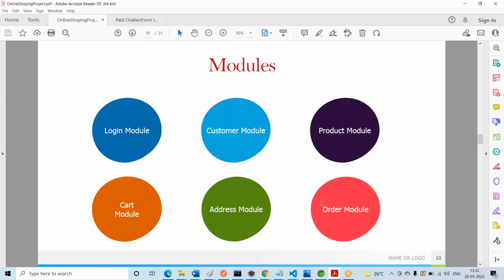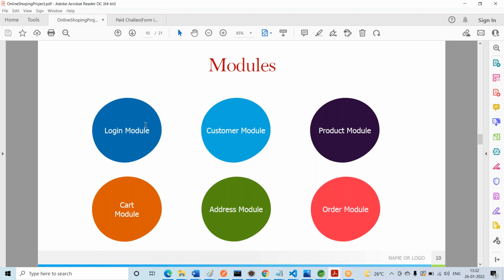It is the same flow. Once we understand the login module completely, the remaining things are similar. We are going to follow the same structure, and we will only concentrate on the business logic. The rest is the same flow: the controller layer, then the service layer, and then the repository.